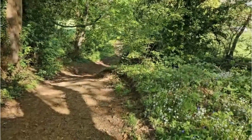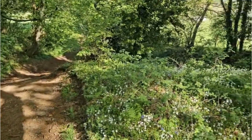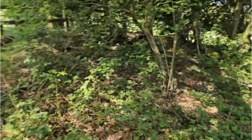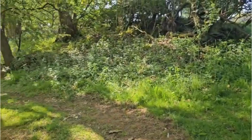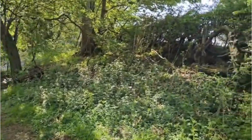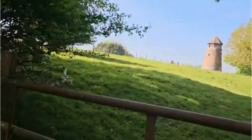Good morning, folks. Today finds me back at Newnham near Daventry. I've come a different way around than I normally do. Currently going up Newnham Hill, which in the 50s, 60s and 70s used to do a lot of hill climbing. I've come this way particularly to see